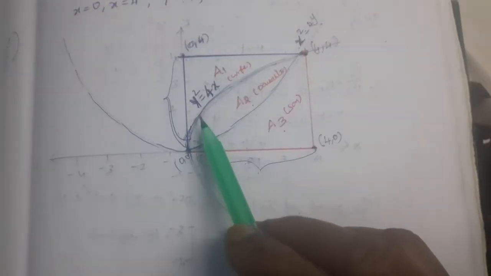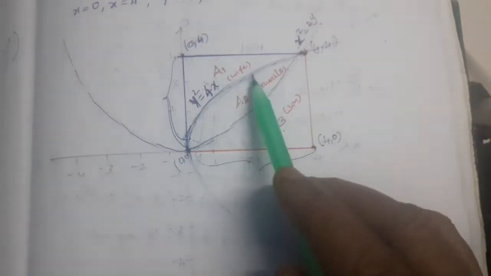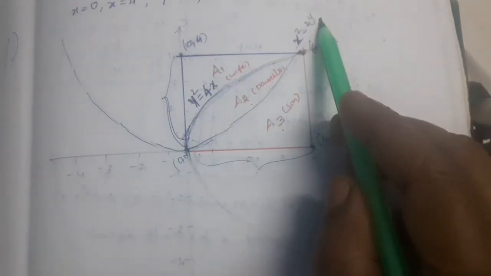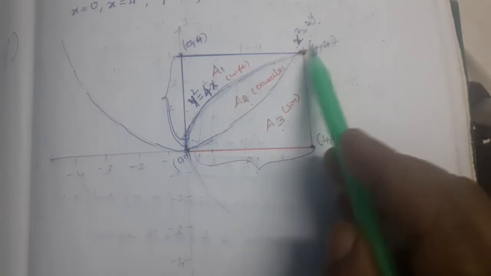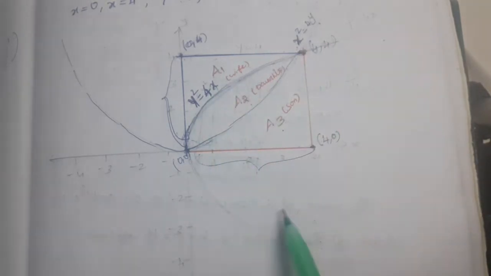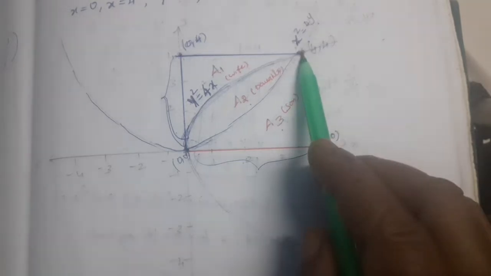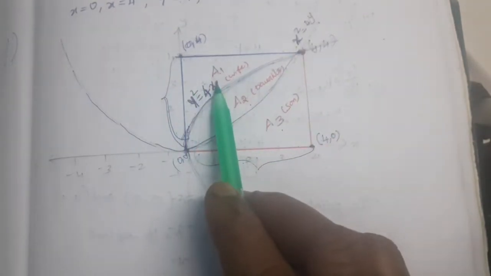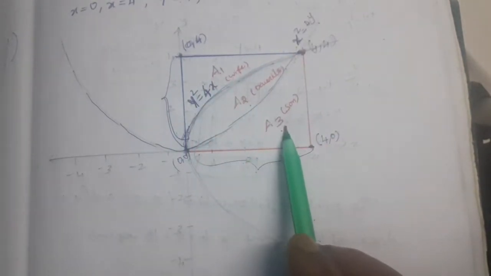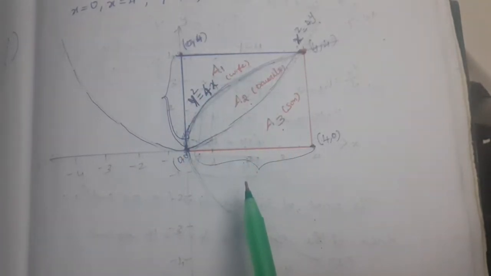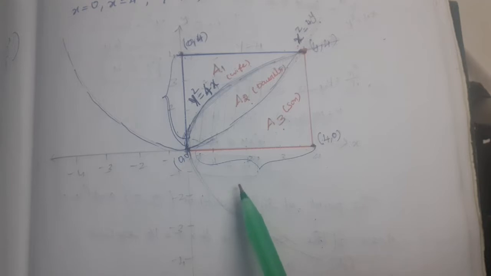See the diagram. What is the rightward curve? x square equal to 4y is the upward curve, and the rightward curve is y square equal to 4x. So this is the square field 0, 0, 4, 0, 4, 4, 0, 4. The regions are the wife region, daughter region, and son region. If we get 3 equal areas, it means it is able to be divided into 3 equal parts. Go through the diagram.